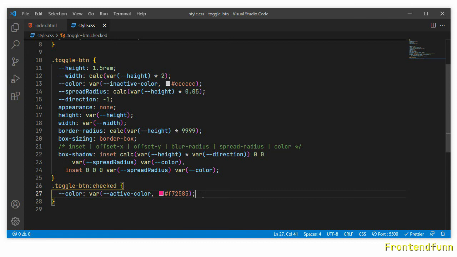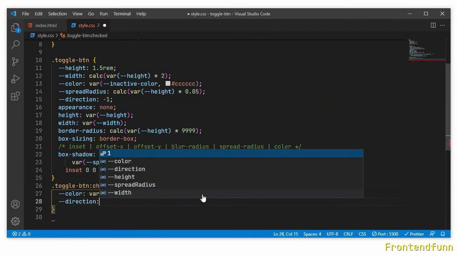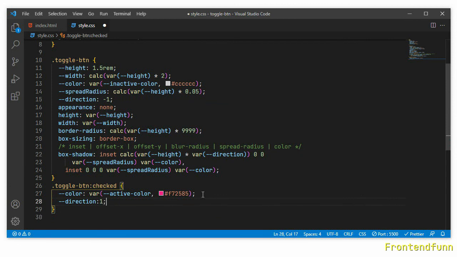And the final thing is we need to move this circle towards the right, so we can just change the direction value from -1 to +1.